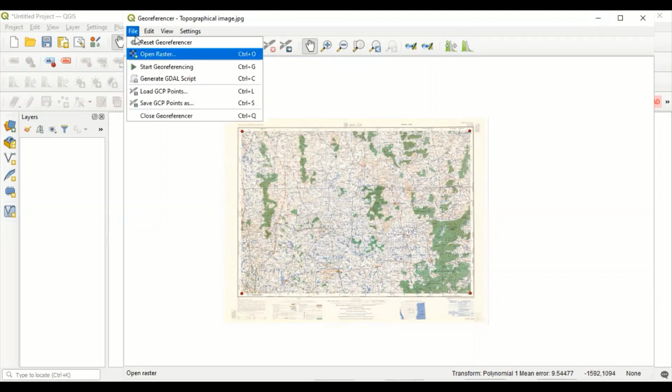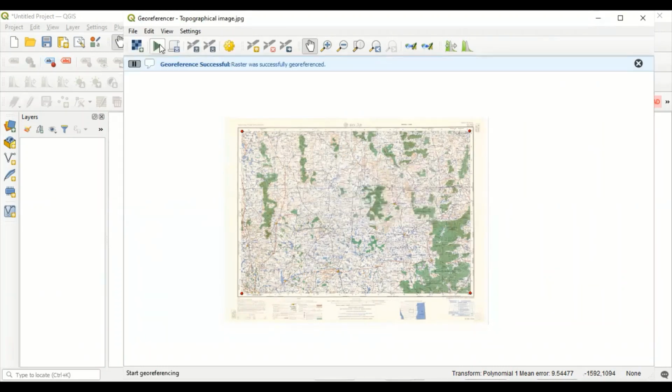So I can also start georeferencing at this point, or I just click here and it is going to be georeferenced as well. So now my image is ready to be used in any GIS software, because I've been able to attach coordinates to it. So I can close the georeferencing tool,